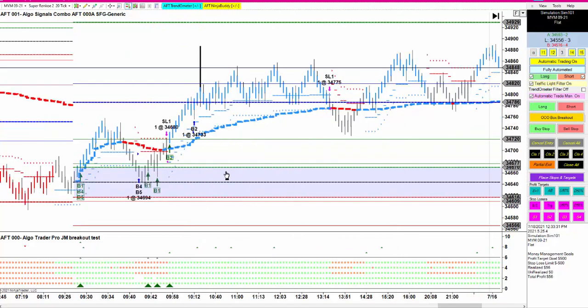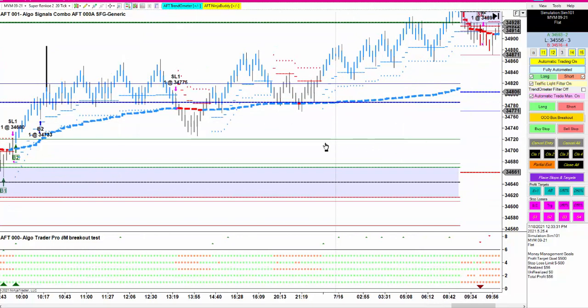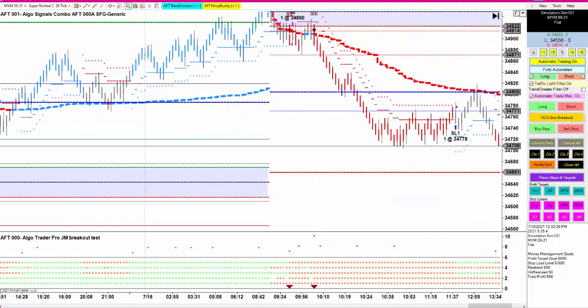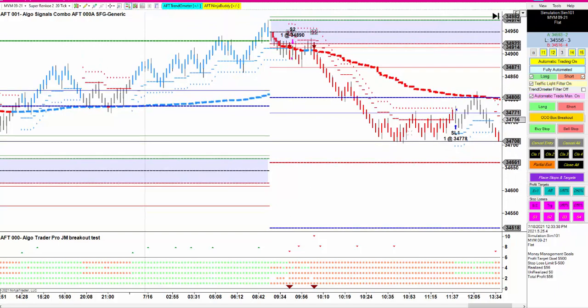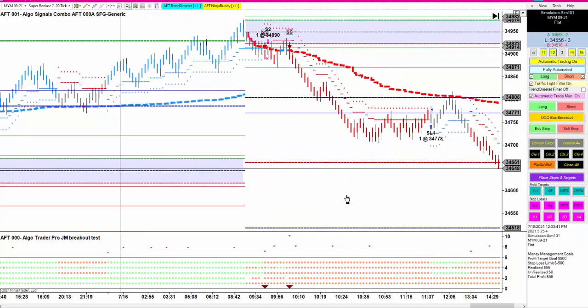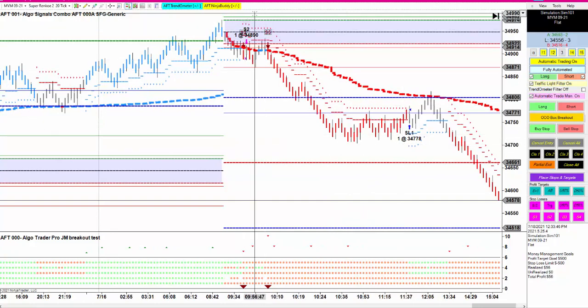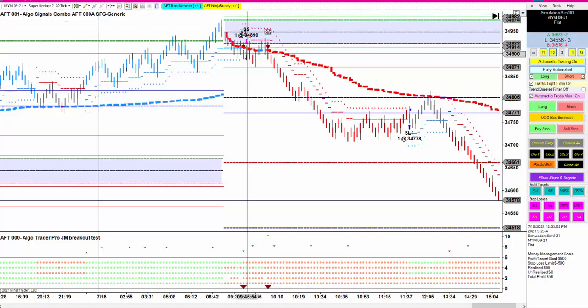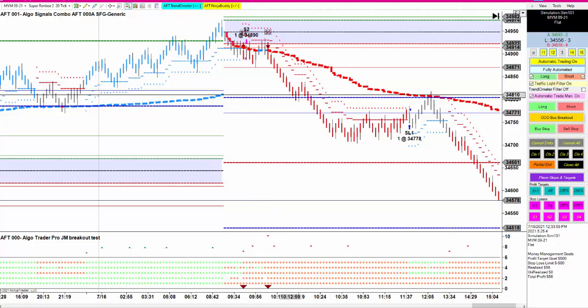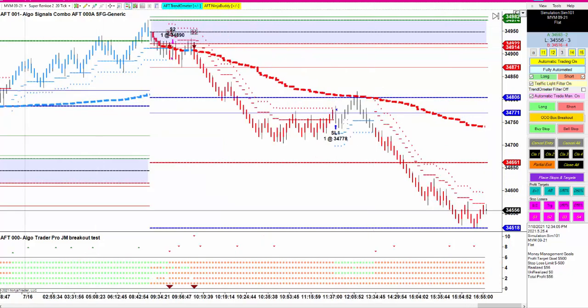All right, and then Friday. Let's take a look at what we had Friday. So Friday was another day where maybe we had this stop a little too tight, but anyway, it never tested the upper end of the range on a breakout. It broke down. This was actually, I think, a gap up in the morning, and it just kind of bled from there. So we were just short the whole time, and you can see this got stopped on a trailing stop here,